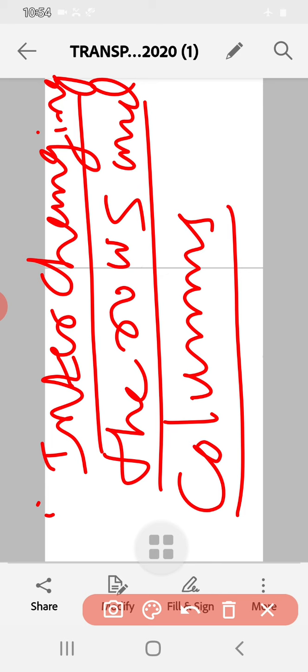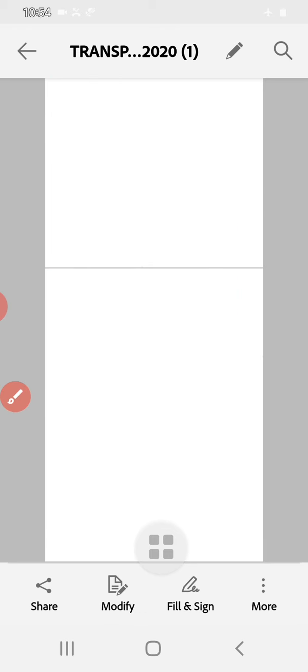Interchanging the rows and columns is called the transpose of a matrix. So this is the definition. Next, we shall consider